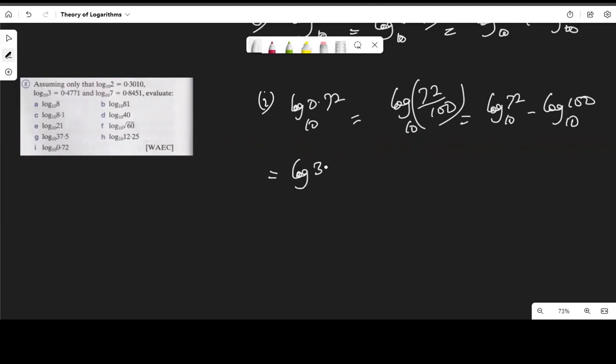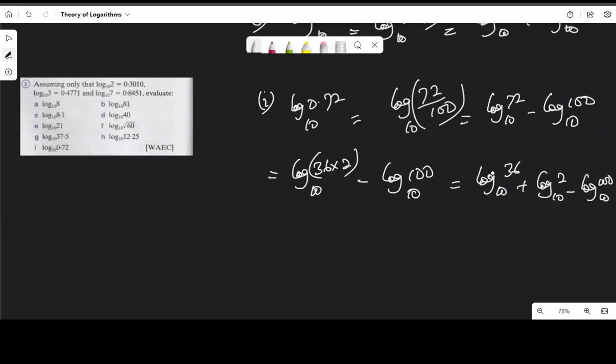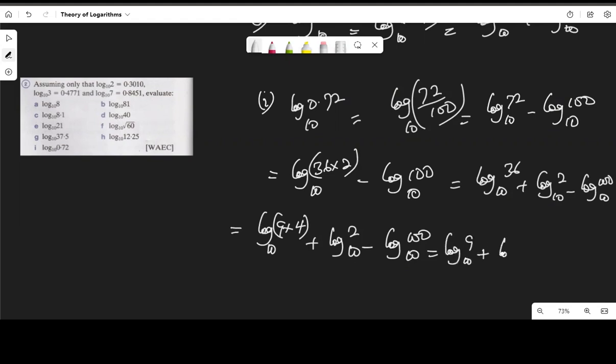72, we can write that as 36 times 2 to base 10, then minus log 100 to base 10, and this will be log 36 to base 10 plus log 2 to base 10 minus log 100 to base 10. 36, I can express that as 9 times 4, so log 9 times 4 to base 10 plus log 2 to base 10 minus log 100 to base 10, which is log 9 to base 10 plus log 4